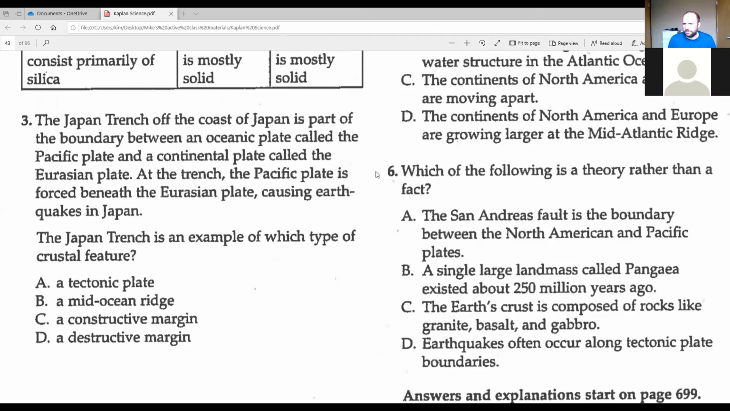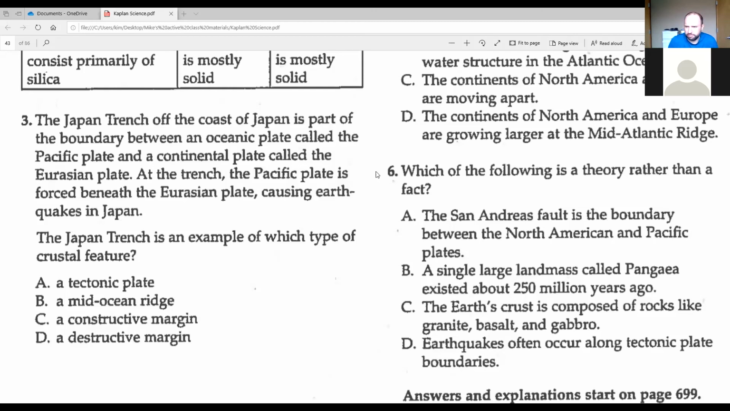Okay, so let's look at our options and then we'll try to talk through it. And if you're just joining us, do your best to catch up with the questions. We were just talking about the layers of the Earth and plate tectonics and how that works on the Earth's crust. So we have A, a tectonic plate, B, a mid-ocean ridge, C, a constructive margin, or D,